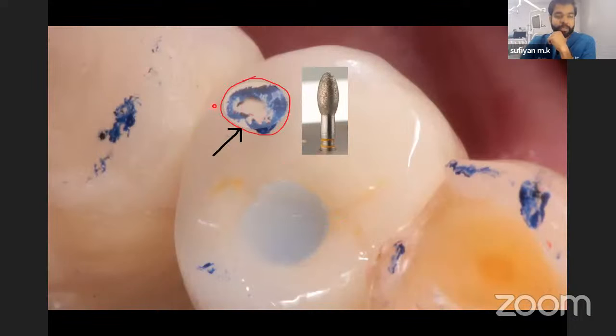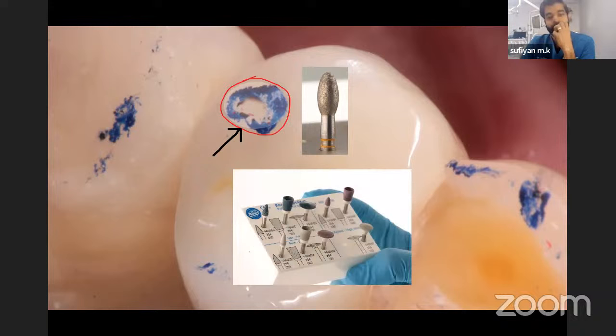Okay, when I'm checking all this, at every point I'm checking the articulating paper marking again and again. I'll reduce the unmarked area. There's the yellow marking area, I'll reduce. After this, again, I will check with the articulating paper to check the thinner articulating paper marking. And again I will check after I reduce the blue articulating paper marking. So repeatedly, 2 or 3 times, I keep on checking the static occlusion to see whether I'm getting a proper occlusal marking or not,